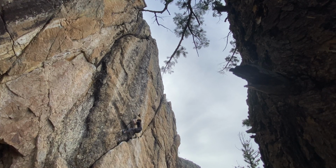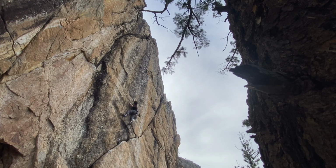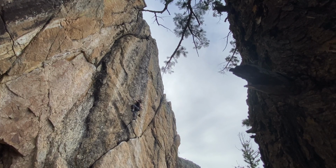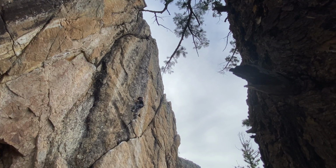Anyway, from the jugs, you make a far reach out to a good in-cut crimp. Build feet, come across to this matchbox hold, bring your left hand up into a pretty crystally crimper. Then you hit this really awful Gaston with your right hand. You have to shift over and come into a side pull. From there, you do the first real clip. Up to that point, you've done 3 draws of intro climbing. Then you bump out right to another Gaston, build feet,